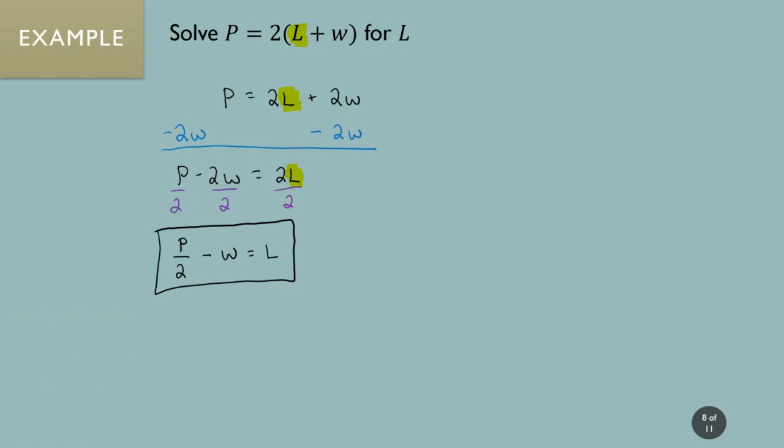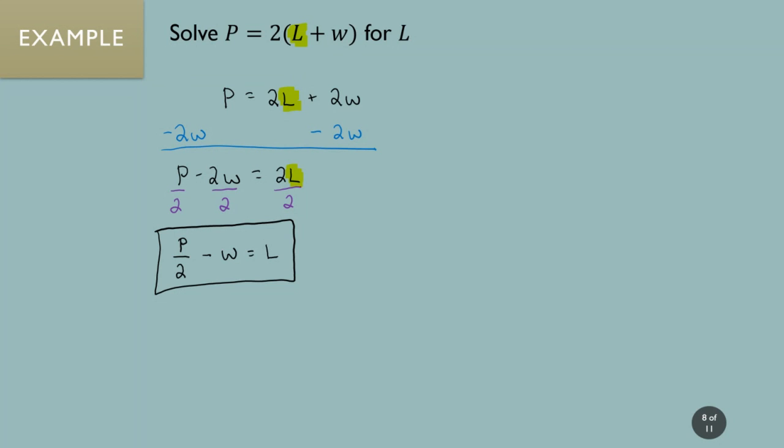Now this particular example, this formula is actually the formula for the perimeter of a rectangle. So there's a length and a width of a rectangle, and there's 2 of each. So this would give you the equation for a perimeter. So it's useful to solve for L if, for example, let's say you were in some sort of field